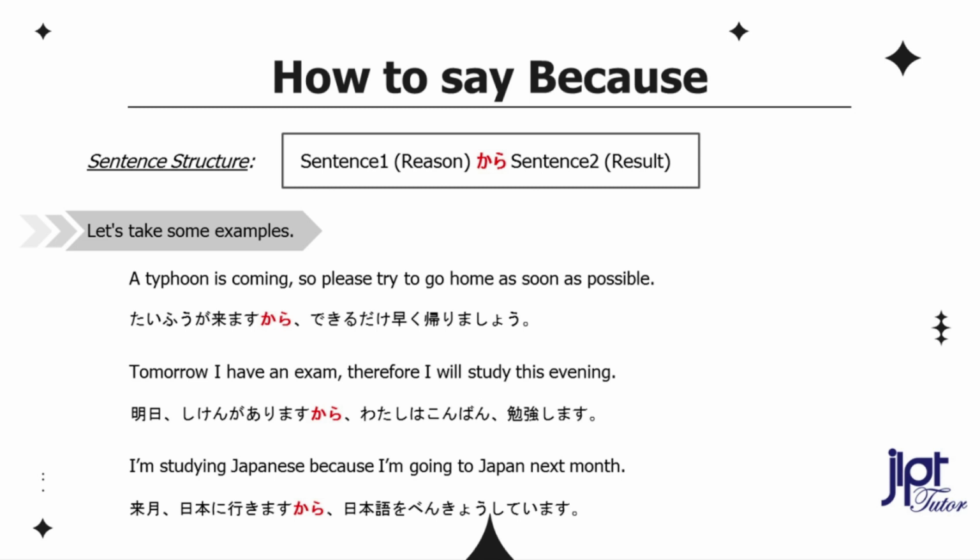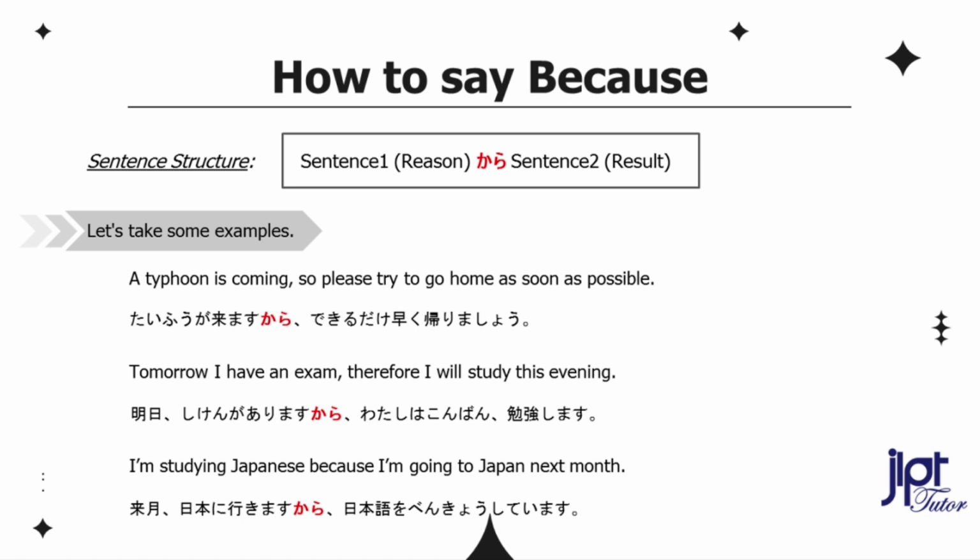Tomorrow, I have an exam. Therefore, I will study this evening. 明日、試験がありますから、私は今晩勉強します。 I'm studying Japanese because I'm going to Japan next month. 来月、日本に行きますから、日本語を勉強しています。